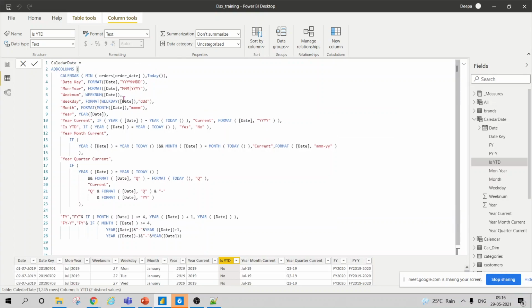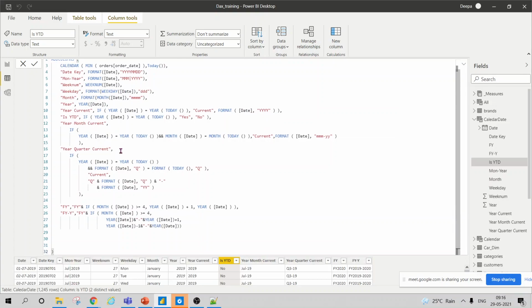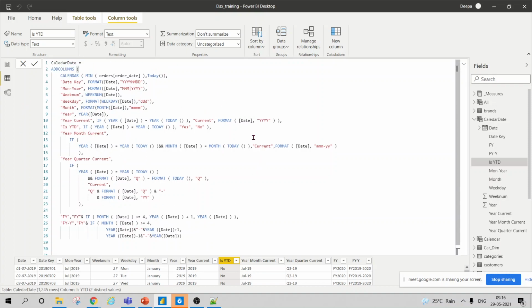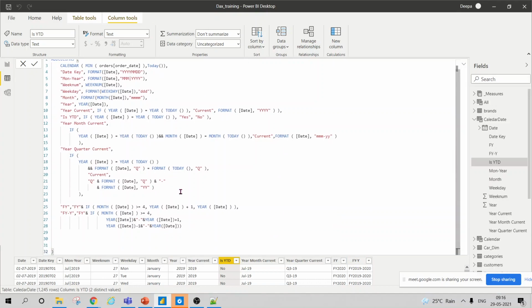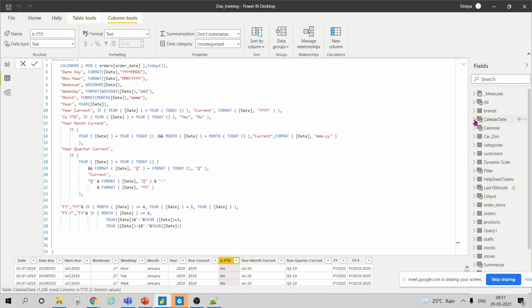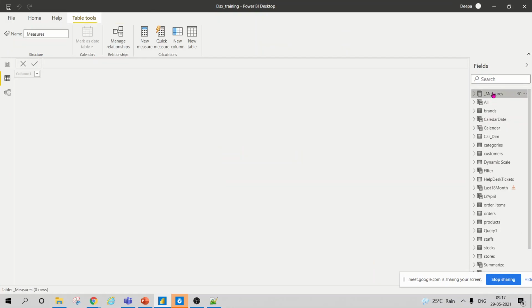So this is very handy. First of all, you can use this code as it is in all the projects. Just copy and paste this. I don't write the whole code every time. I just copy this for all my reports. So I have kept it handy in some notebook and I use it for all my reports. Now we'll go for some measures.